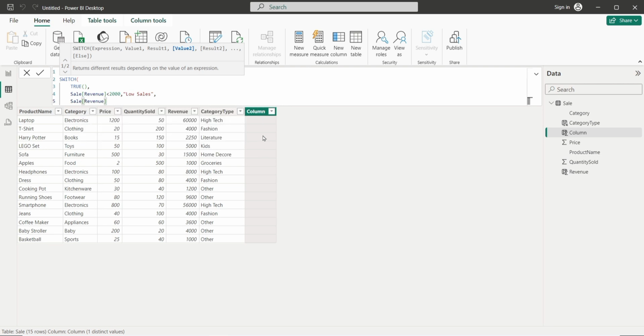then we're going to select revenue column. Now if the data in our revenue column is greater than or equals to 2000, and our revenue column is less than 8000, then give the value medium sales, comma,